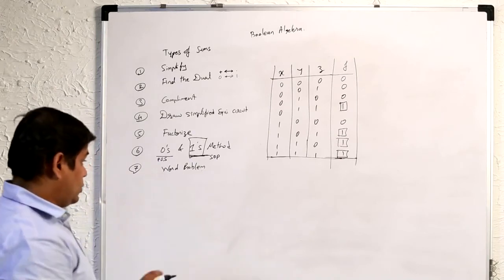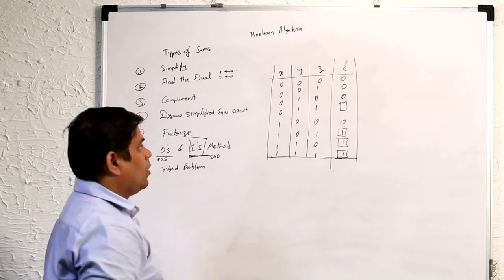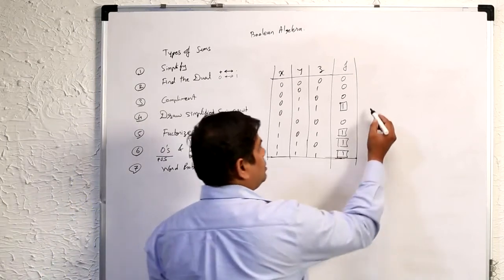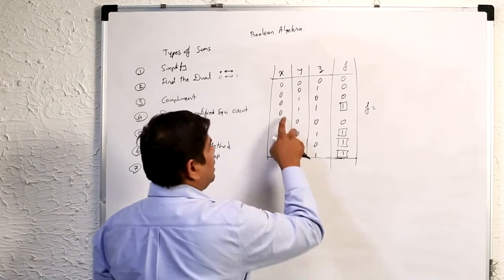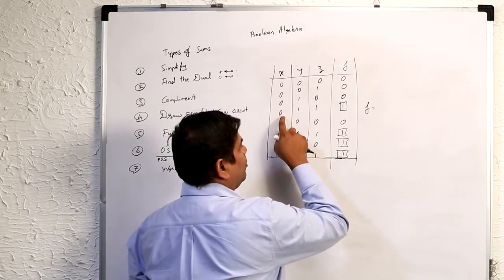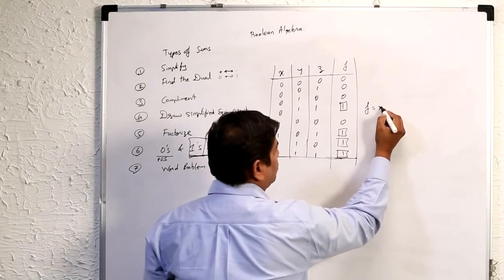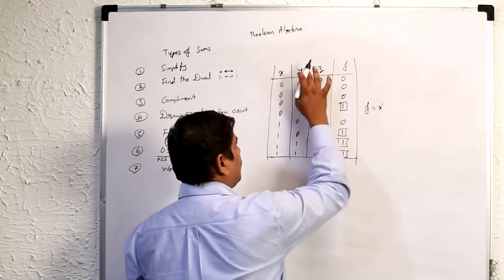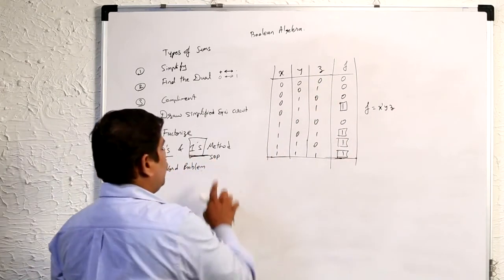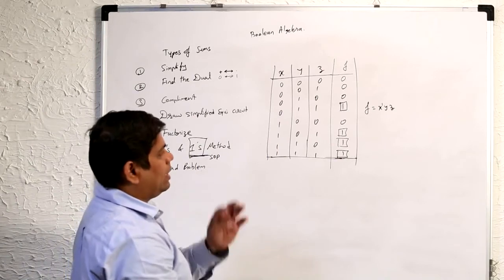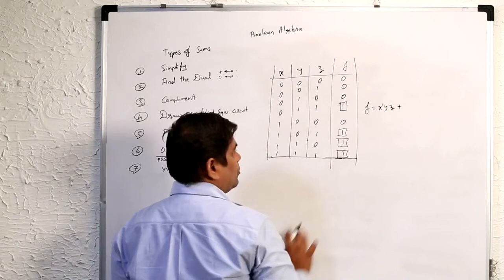Now I'll tell you what SOP means. It's called sum of products. So what it means, your function is going to be: x didn't like it, but there is a majority, so it's going to be x dash, y liked it, y is on, so it will be y, z. Please understand, SOP means you take the product first and then take the sum of it. The next one will be, so add it to